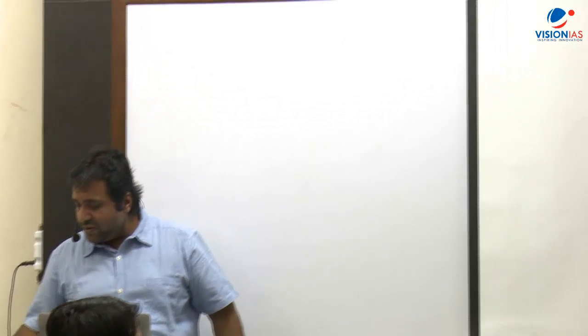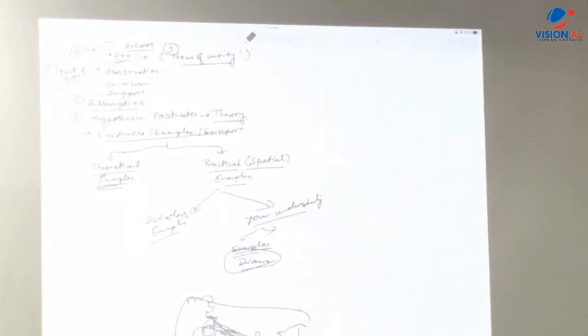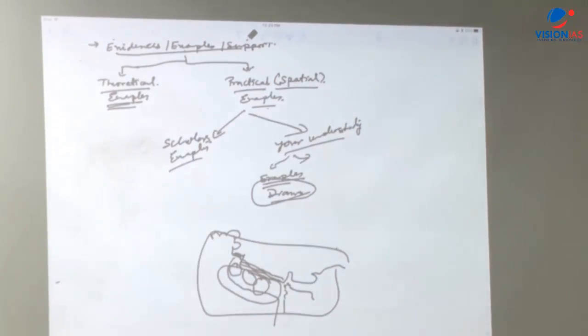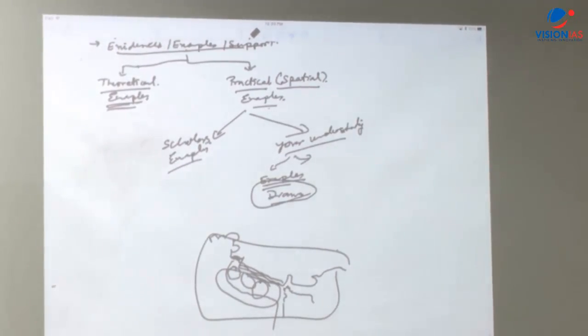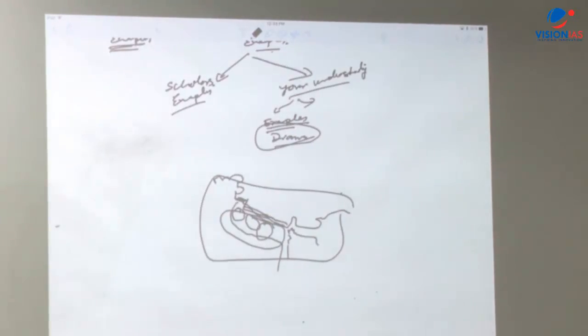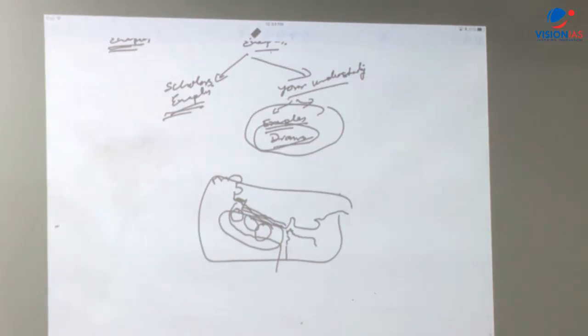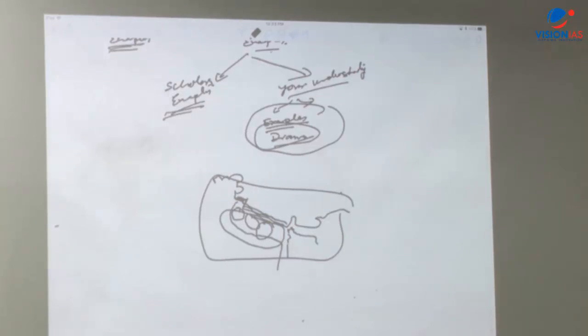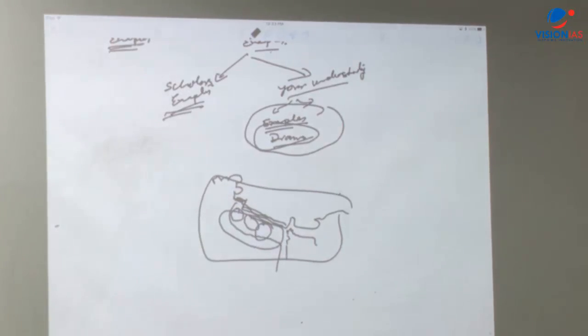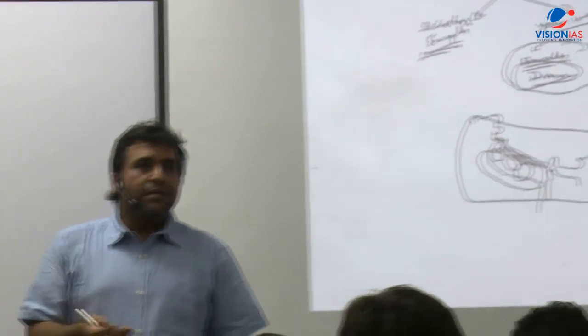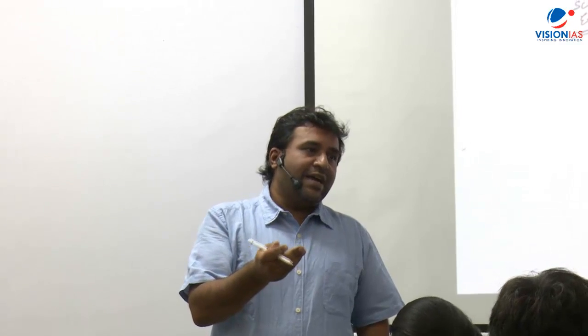Okay, now let's move beyond this. We were talking about the content because that is your answer. So kahan tak pahunch gaye? Evidences, theoretical example, practical examples of scholar, practical examples given by you. Beyond this, what is next? अब और क्या डालना है? After the evidences, what do we have in any theory or any idea? Evaluation, right?